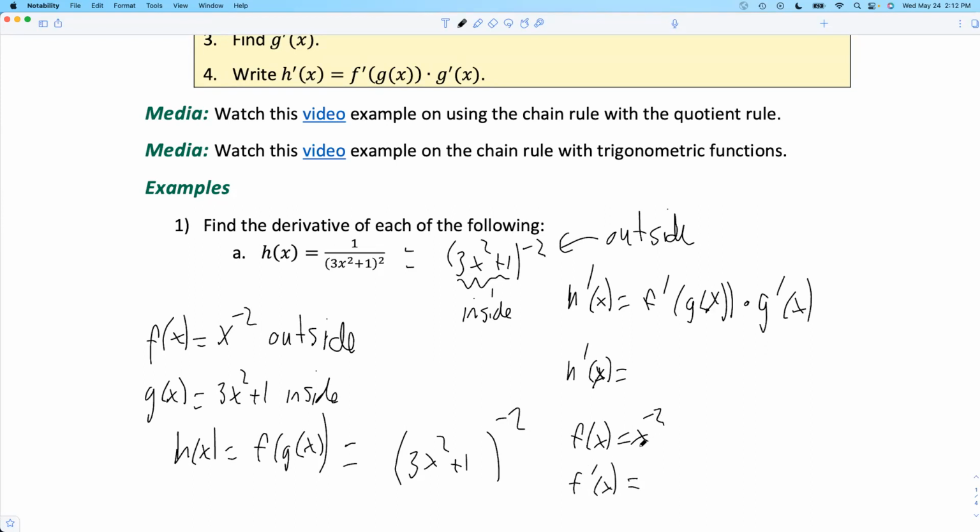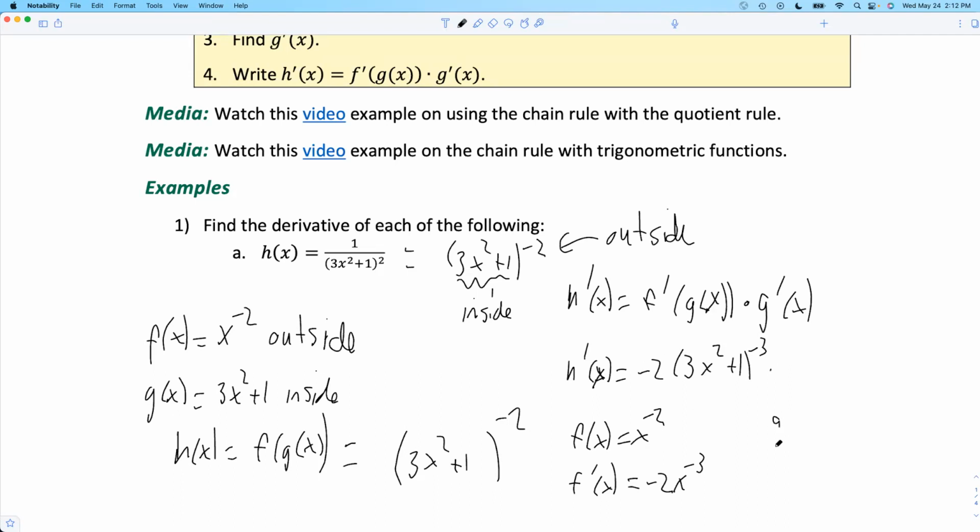That's just power rule. That -2 would come down times x, and then -2 would drop down by 1. So that's my derivative of the outside. Derivative of junk to the -2, the -2 comes down, leave the inside alone, and my new exponent is -3. So I've done this part. What I've written right there is this: the derivative of the outside, leave the inside inside,